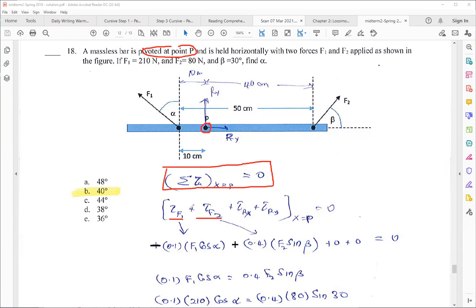Now we're using a plus everywhere, and then I'll look at the direction of the torque. Is it clockwise or counterclockwise? So we were saying the net torque is equal to 0, and the only forces we have here are